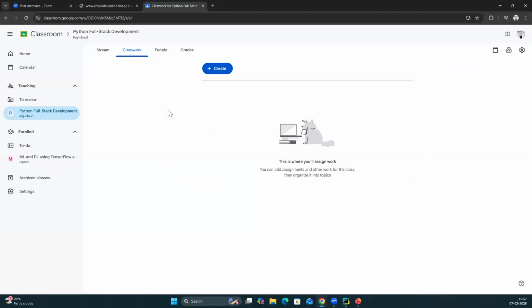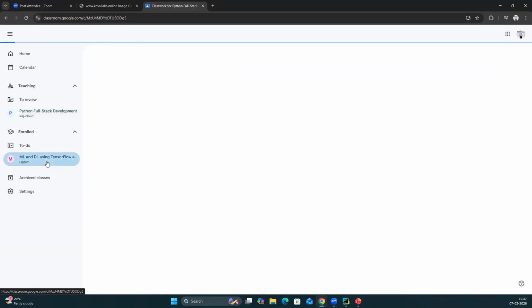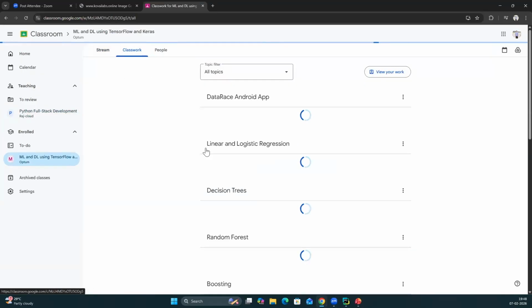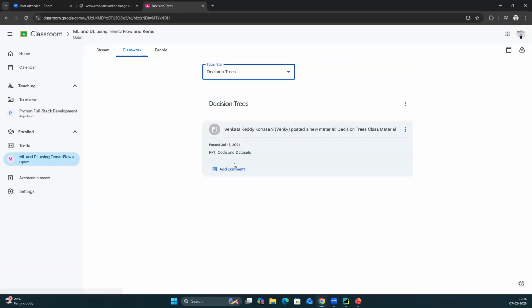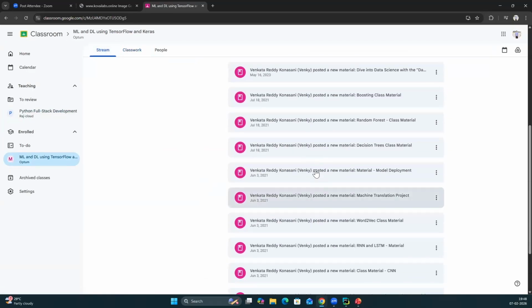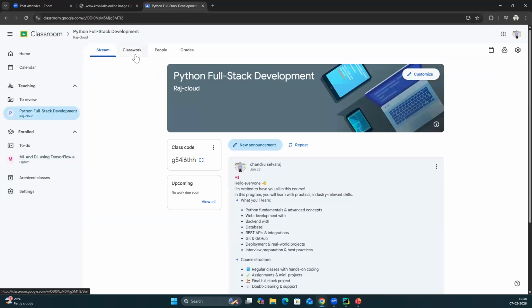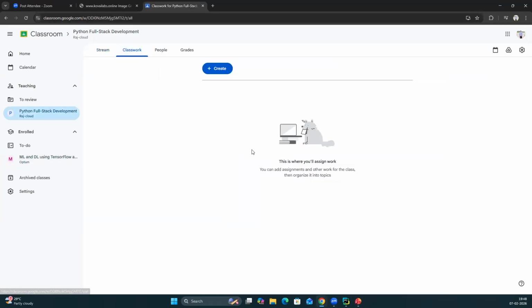I can show you some other courses which we are doing, and maybe I can show you later, but this is how things will be. You'll have a classwork and a practicing environment in the Google Classroom.